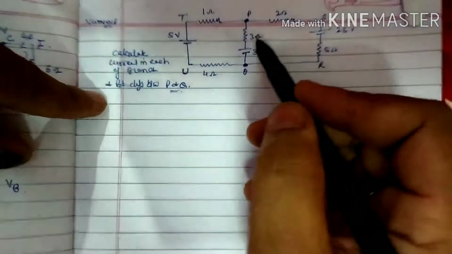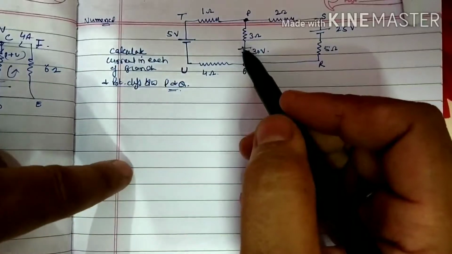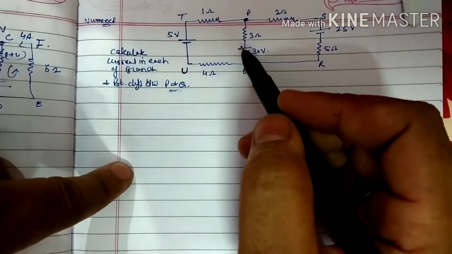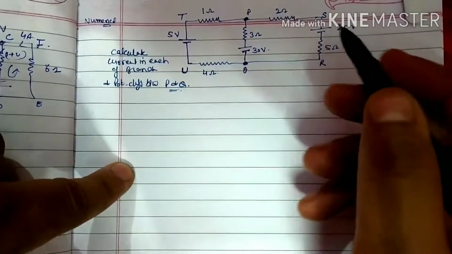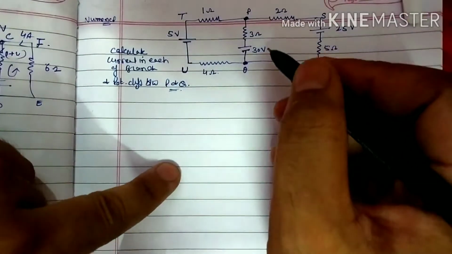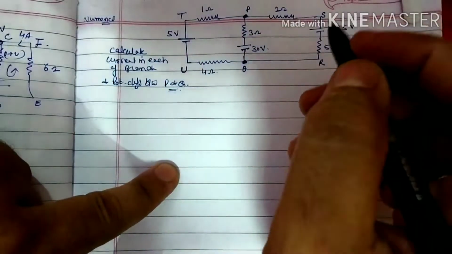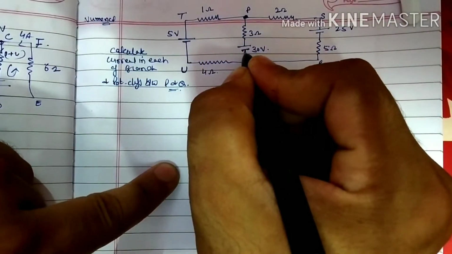So same here, the direction of the current is not given. So start the direction of your own, and when we get the value of I1 and I2, then we'll come to know and then we will verify what should be the direction of the current in the circuit. So देखो, here we have three cells, 30 volt, 25 volt and 5 volt. I am going to start the current from 30 volt battery.